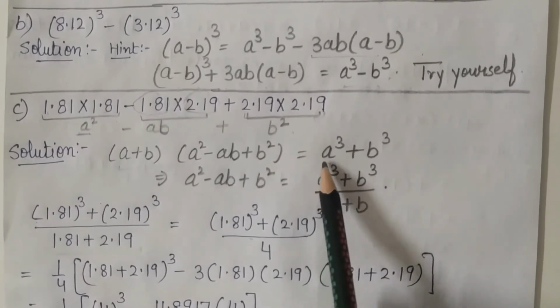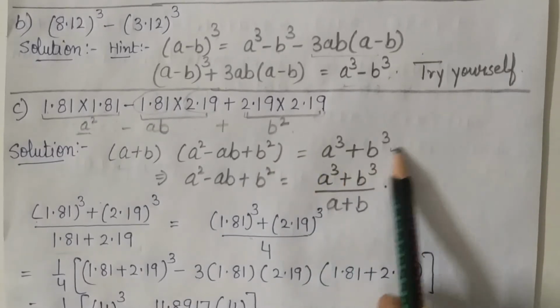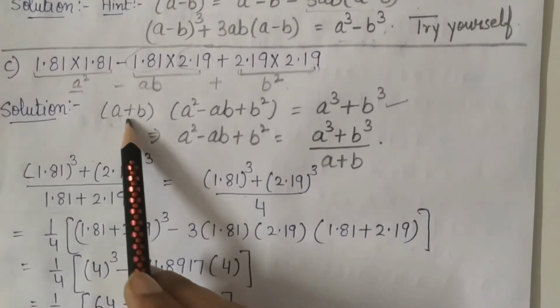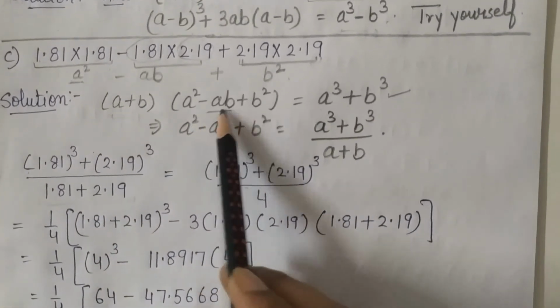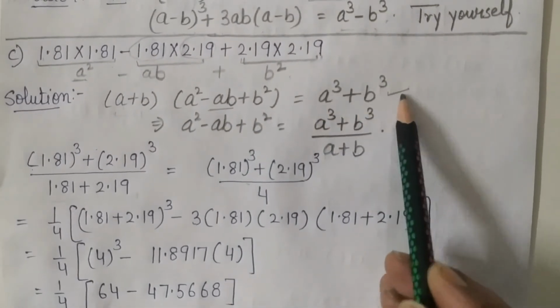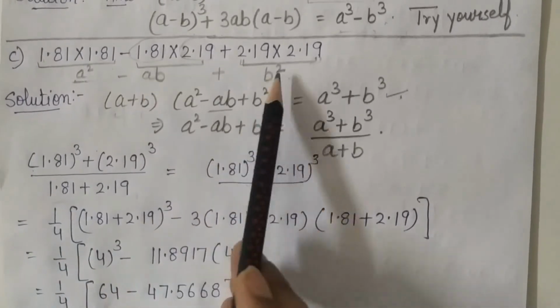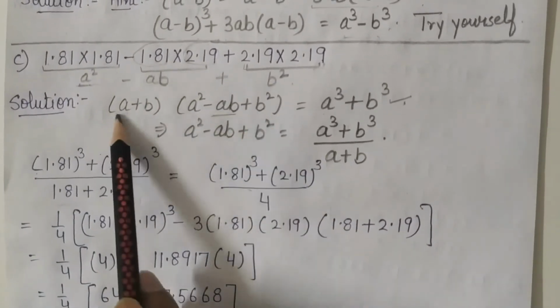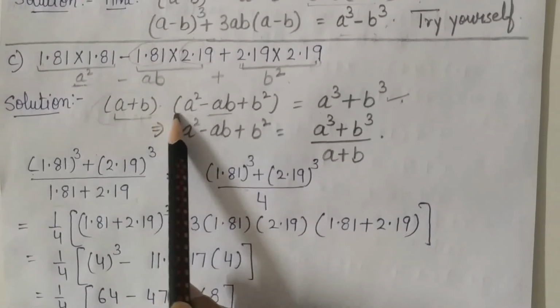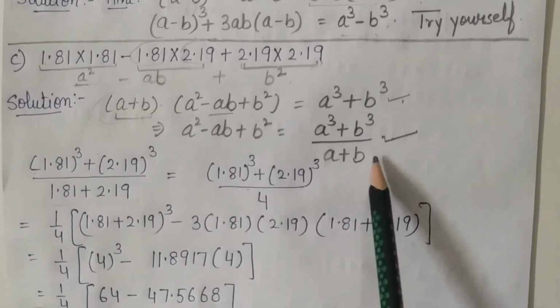Then the formula is a cube plus b cube. ये हमने पिछली असाइनमेंट में सॉल्व किया था कि अगर आपको a प्लस b हो और a स्क्वायर माइनस ab प्लस b स्क्वायर, देन फॉर्मूला इज a क्यूब प्लस b क्यूब. ये फॉर्मूला है और ये आपकी आइडेंटिटी इस फॉर्मूला के थ्रू बन रही है और ये a प्लस b क्या है? एक्स्ट्रा नंबर है. सो दिस इज गिवन टू यू इन मल्टीप्लीकेशन. It will be changed into divide.